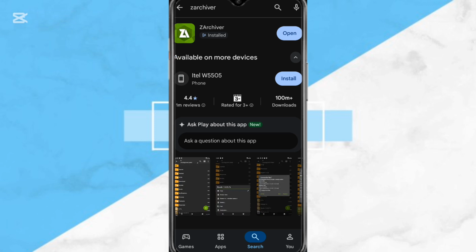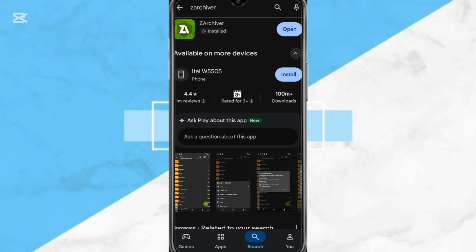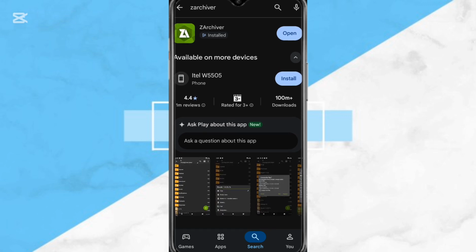My name is Felicia. In today's video, I will share with you how to access app downloaded folders and move videos using Zachiver. Before I start, know that this video is basically for educational purposes and not to bypass